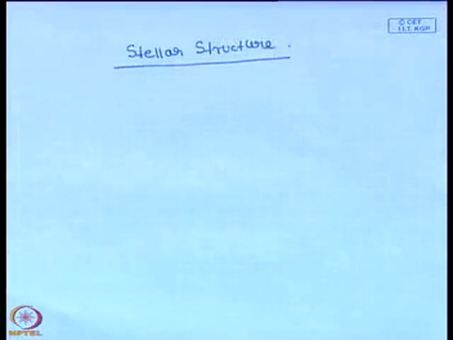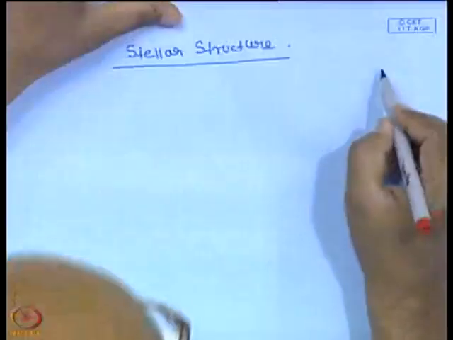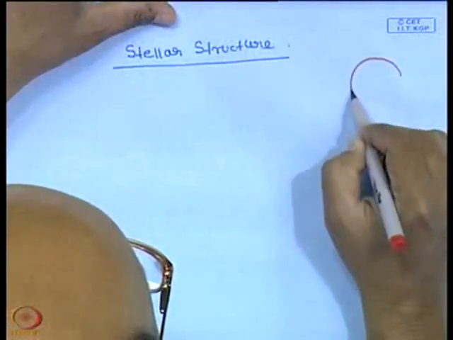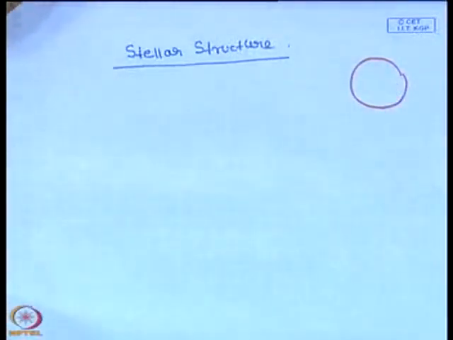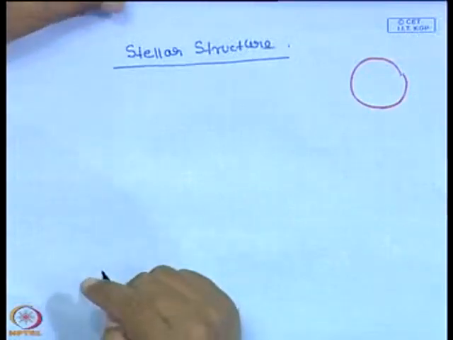So, we already have some idea about this. Now, in today's class, I am going to introduce the equations, the basic equations that govern the structure of a star. We think of a star as a ball of gas, a spherical ball of gas. Okay, that is the starting point. So, every star is essentially a self gravitating spherical structure like this. So, it is bound by its own gravitational force, and